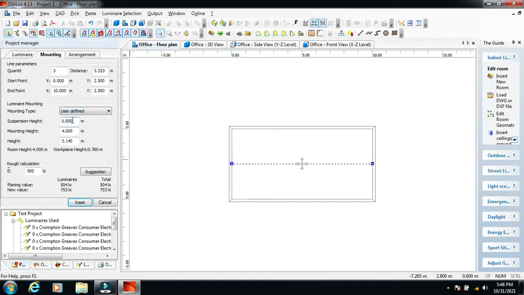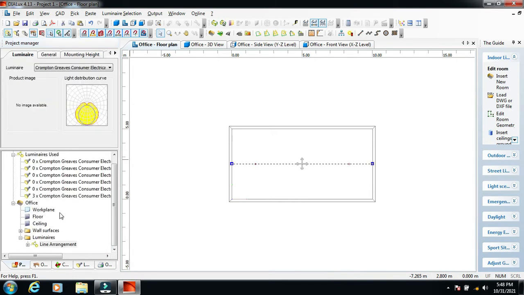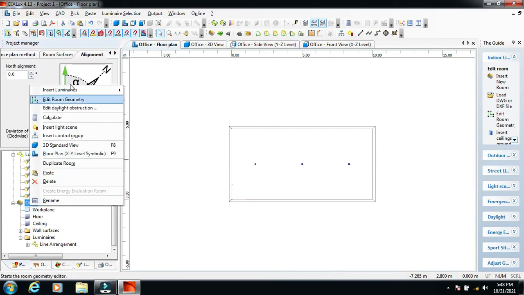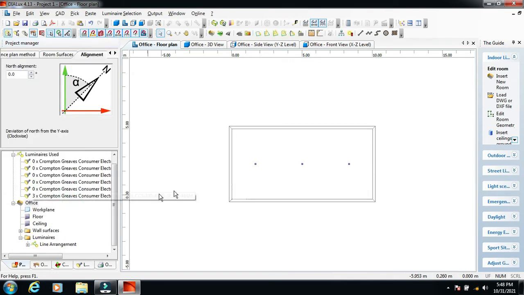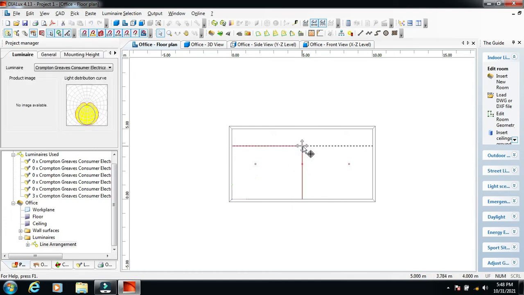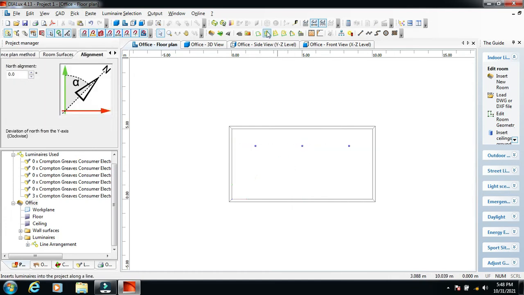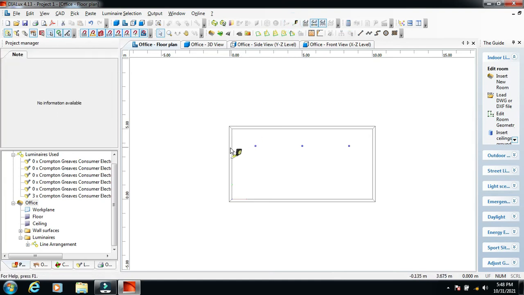If you want it suspended, you have to put the mounting height, suspension height accordingly. The room height and work plane height are already predefined and calculated from the project. If you go to the office and right-click, edit room geometry, the room height we have already created is 4. That's why, when you put surface mounted, the light fixture is automatically installed at the 4 meter height. Now these 3 light fixtures we have put up are placed at equidistant level. If you measure it now, everywhere it's 3.33